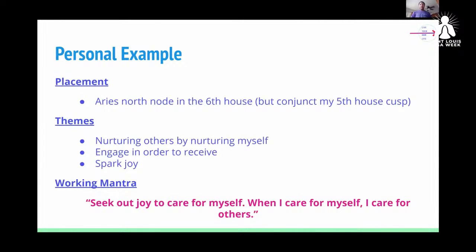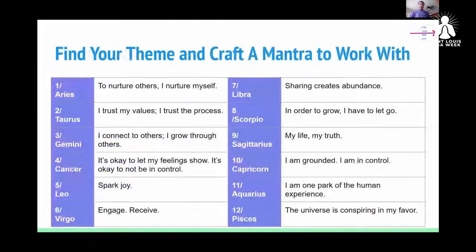So I'll go back to this table and spend a couple of minutes. You can either pause the video, I'll pause for about 30 seconds here, but spend some time just thinking about what a good working mantra is. And it doesn't need to be perfect, because as you work with this in your meditation, really just the meaning will be what you're focusing on and not so much the specific words.